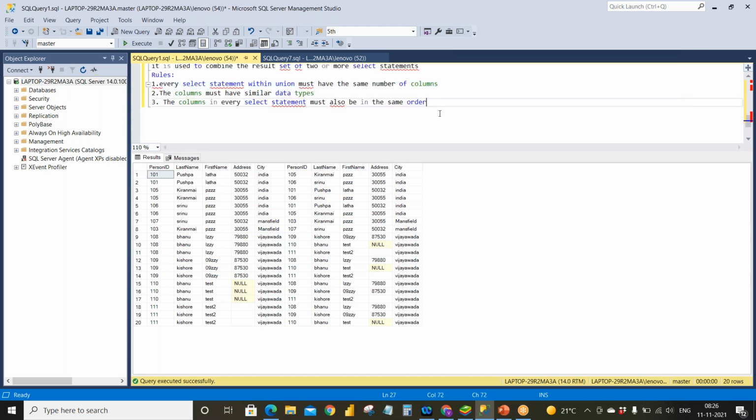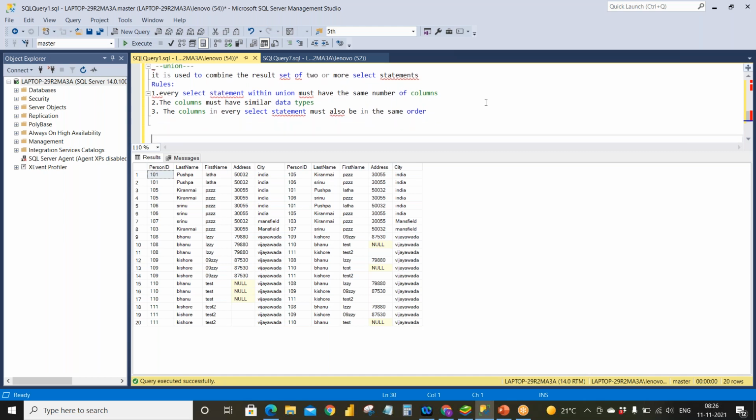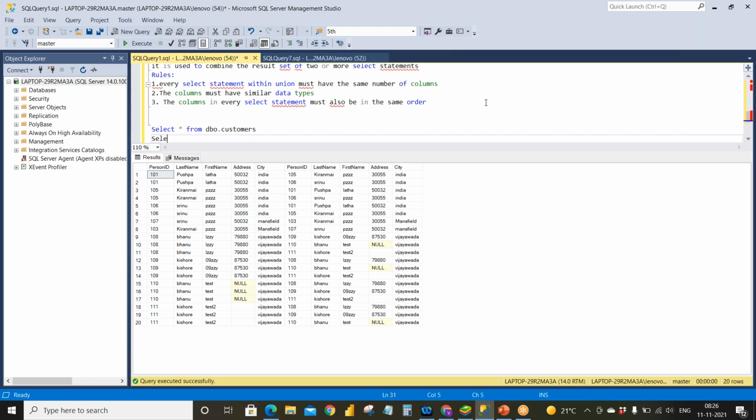Suppose you have two tables. Select star from dbo.customers and select star from dbo.orders.